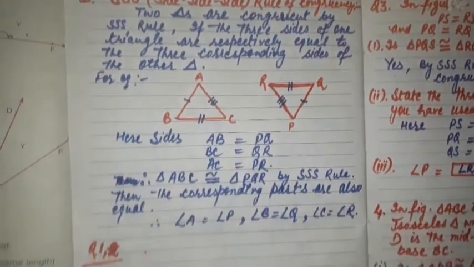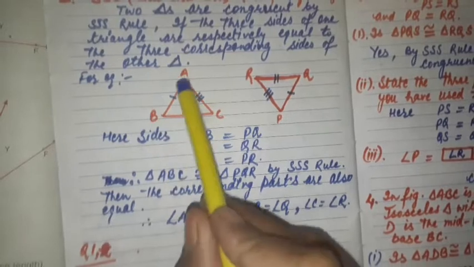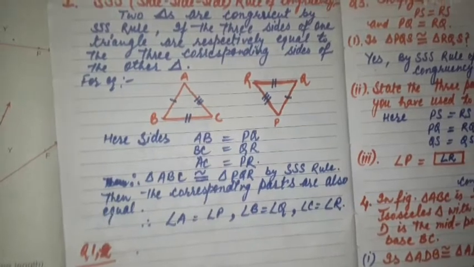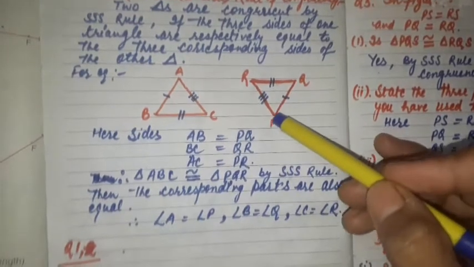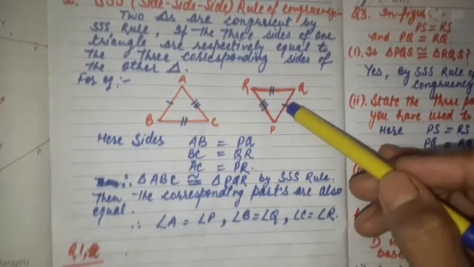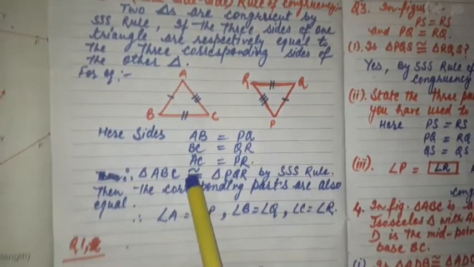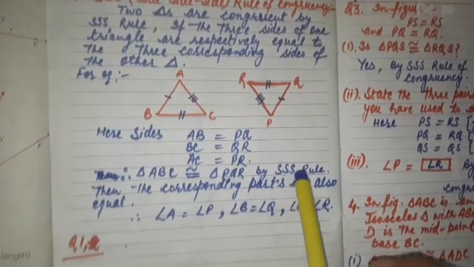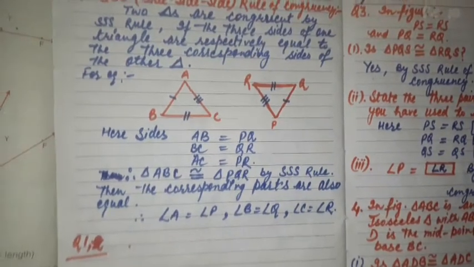How can we read this name? These two triangles are congruent. Then triangle ABC: AB has one cut on this side, and then BC has two cuts. So when we read the name of the second triangle, we first read from the side which has only one cut, and then two cuts, meaning PQR. The name of this triangle is PQR. So these two triangles are congruent by the SSS rule, meaning all three sides of both triangles are given equal.